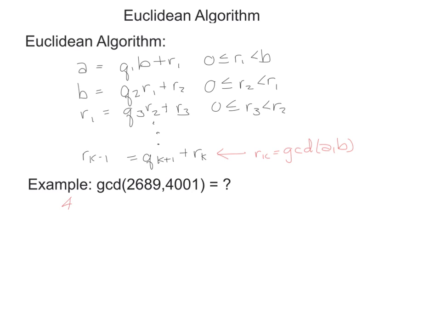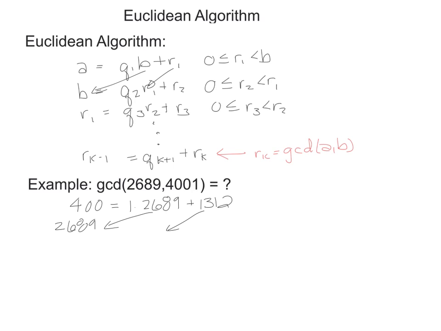So we'll start with 4,000 is equal to 1 times 2,689 plus a remainder of 1,312. Now we're going to move this over here and this over here because that's essentially this part of the step. So we're going to have